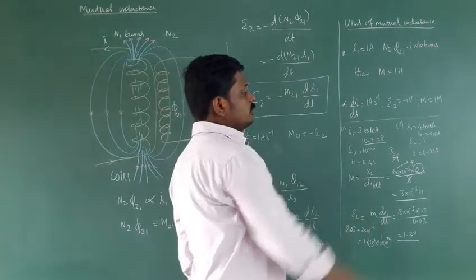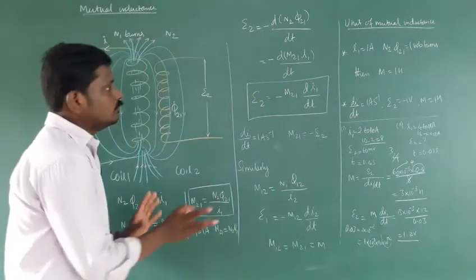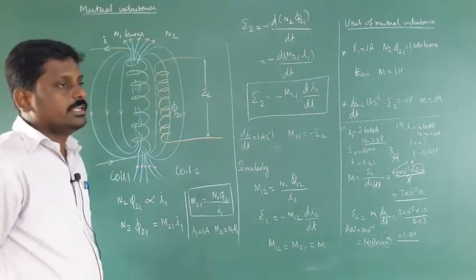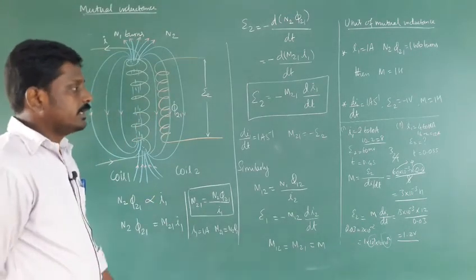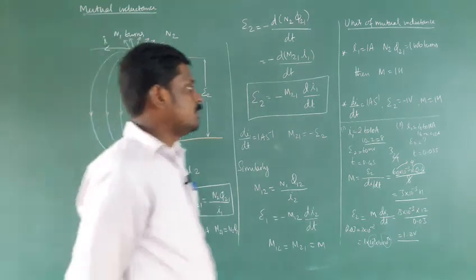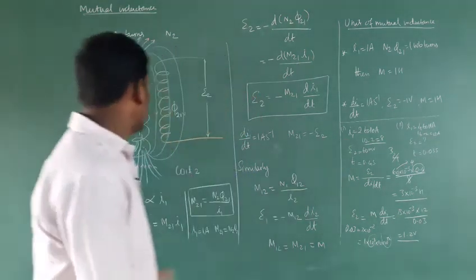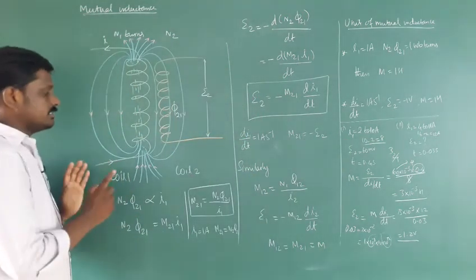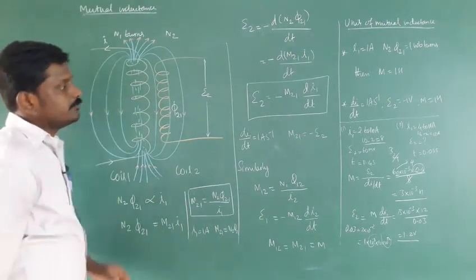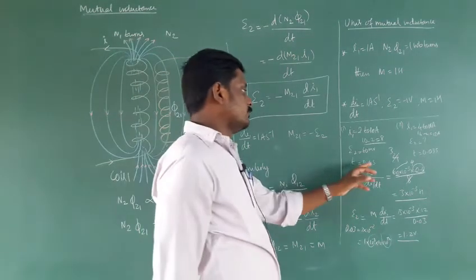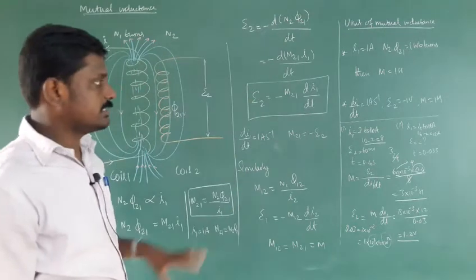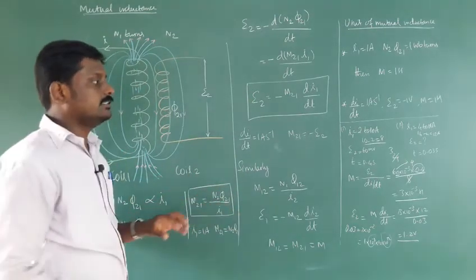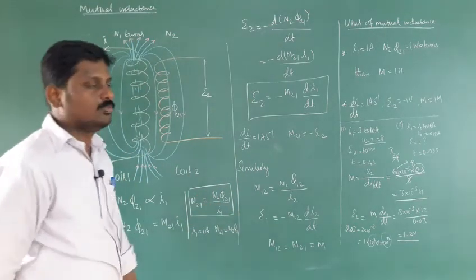I already told you, you just need to understand the concept of mutual inductance more. Let's do one problem regarding this. It's a simple problem. The current I1 flowing in coil 1 changes from 2 to 10 ampere in 0.4 second, so it produces 60 millivolt. We are seeing the theory, then correlating with the problem, so you can understand more clearly.